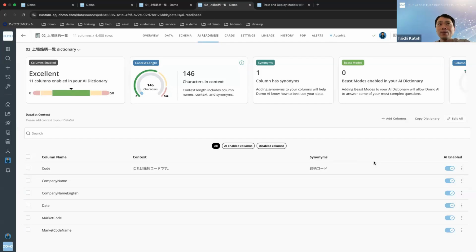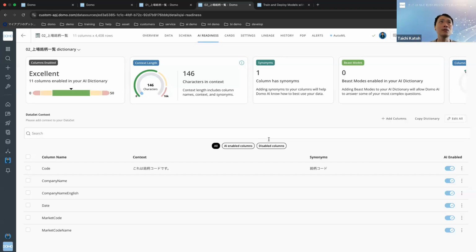However, since this is a dynamic Domo service, its features are constantly being updated and enhanced, so we are genuinely hoping that such a valuable function will be added in the near future. For now, it's unfortunately not available as a standard feature, but we are certainly looking forward to all future updates and improvements. So for today's session,